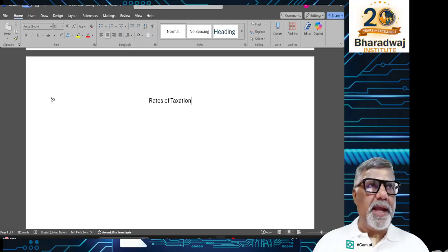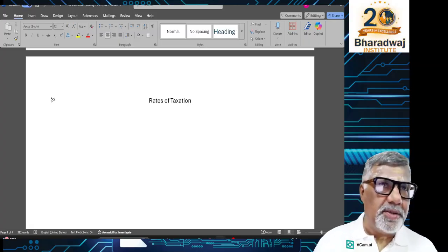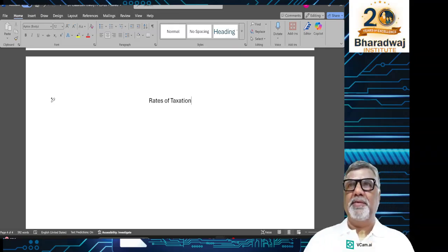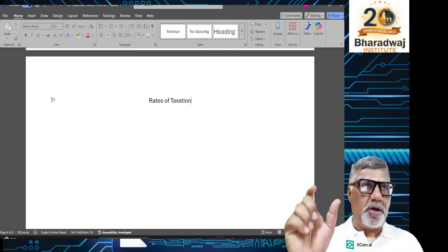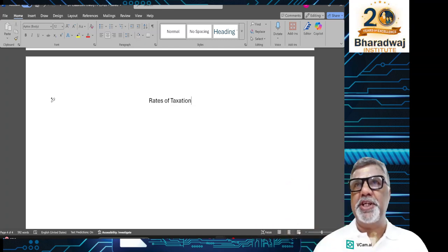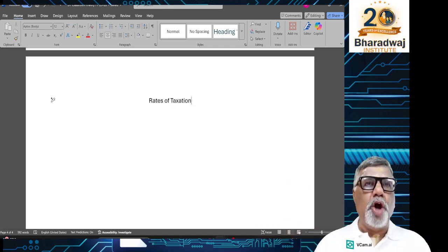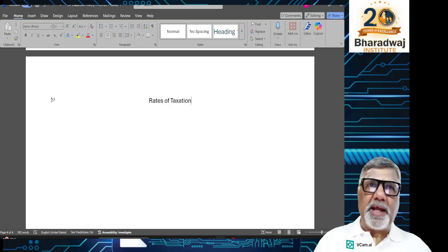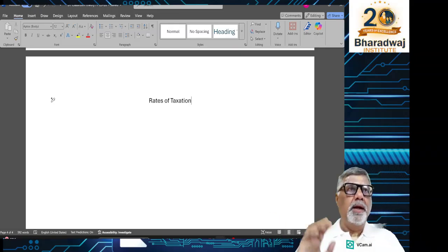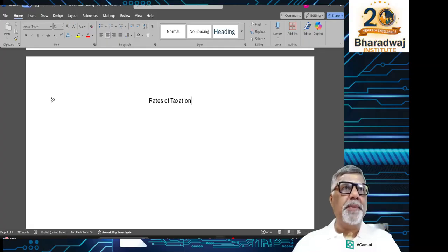What is meant by a charging section? If the rate of taxation is inherent in the section, it is known as a charging section. Section 112: long-term capital gain is taxable at 12.5%. That is not there in the Finance Act. That is there as part of the Income Tax Act. Section 111A: short-term capital gain on which security transaction tax is paid is taxable at the rate of 20%,